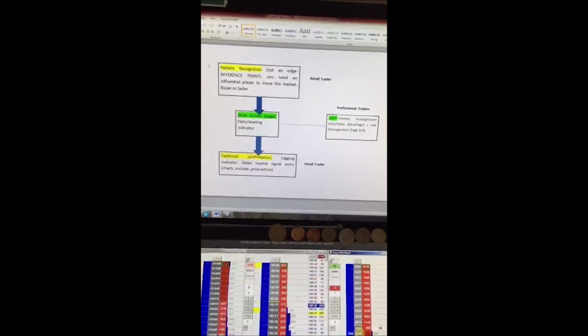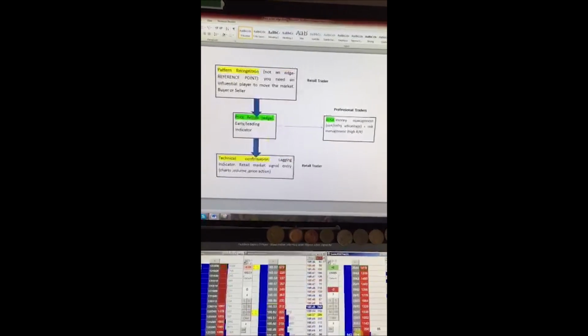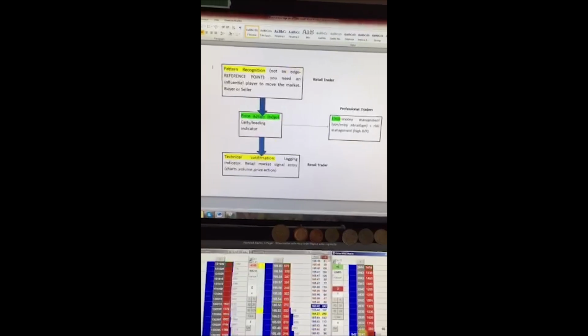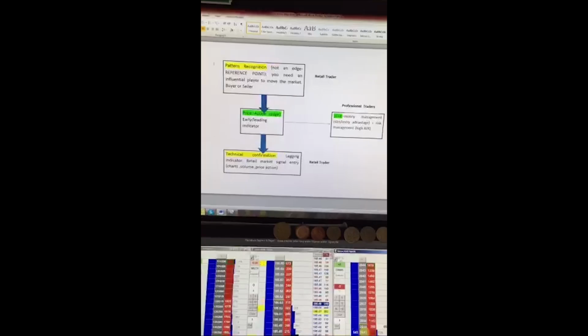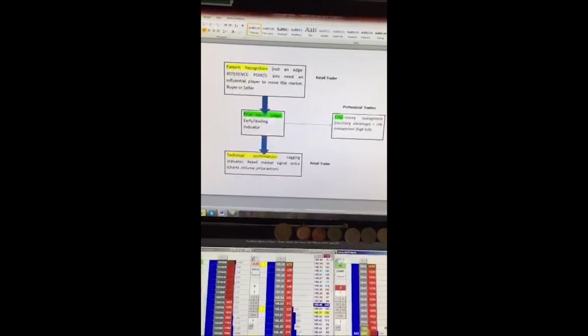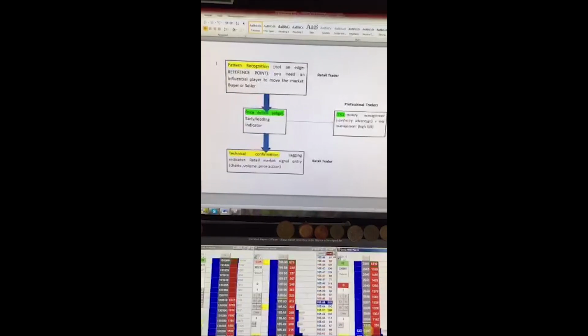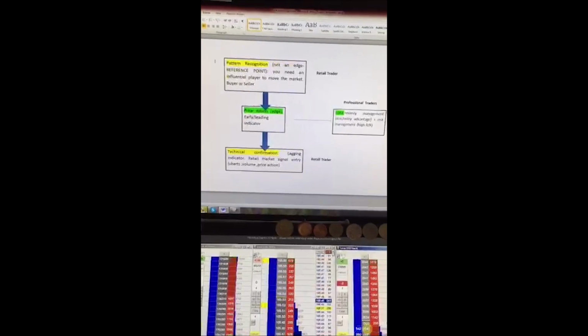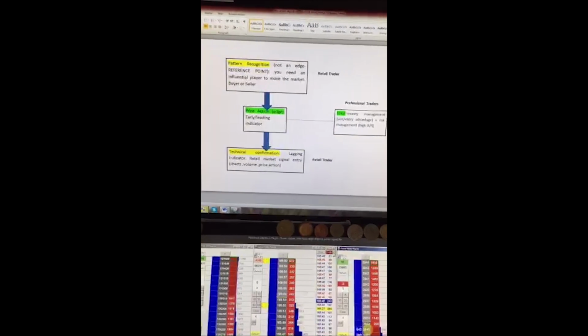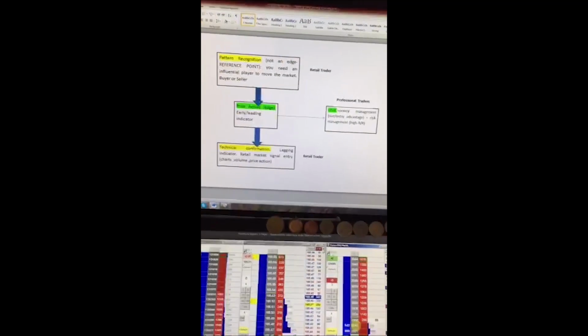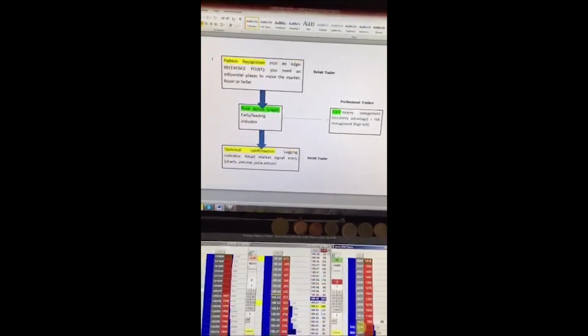but let's just move on then to the technical confirmation. Now, this is the part again where a lot of retail traders partake, and this is the point where the market signals, for instance, that a top is in place or that we've got a break in a trend line or a break of support. And that sort of technical confirmation can come in a number of different ways, and that could be off the charts, it could be off the volume, or even a change in the price action.